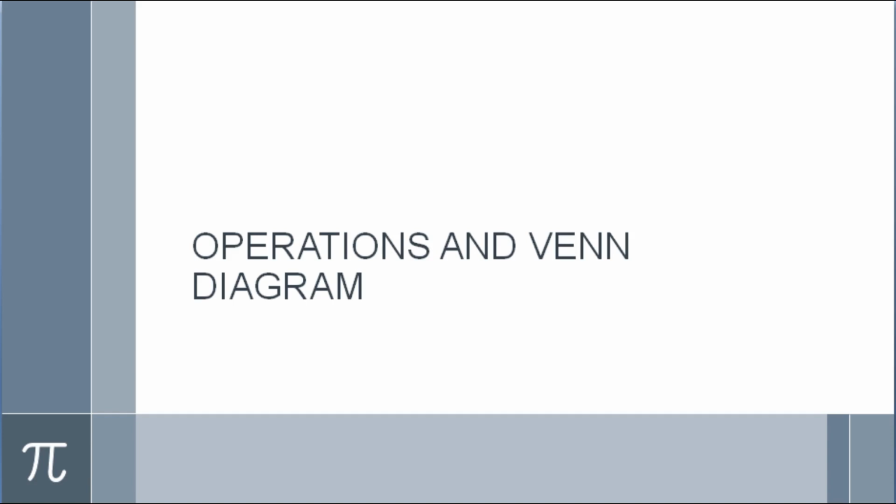Last day we revised a few topics, like what is a set and the representation of a set in three forms: descriptive form, roster method and set builder form. Then we also studied different types of sets like finite set, infinite set, empty set and so on. Today we are going to begin a new topic of sets: operations and Venn diagrams. This is a very important topic on which the sets chapter rests.